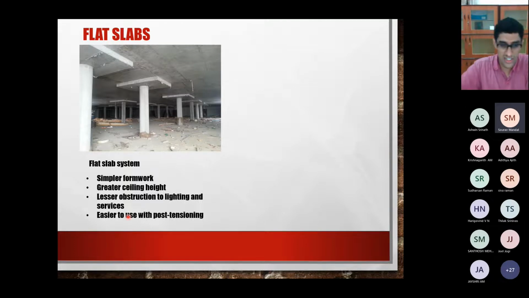Anyway, that's this technique called post-tensioning. It's a form of pre-stressed concrete. All very large floor areas, like in IT parks, in malls, in airports, auditoriums, wherever you want a really large area of slab. In a normal building, one single slab panel may be maximum 6 meters by 7 meters or something like that. Say you want a slab with a span of 15 meters by 15 meters or greater than that. Then if you just give a slab which is so big,